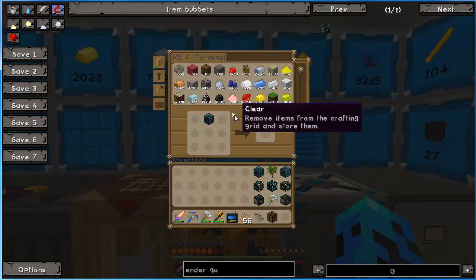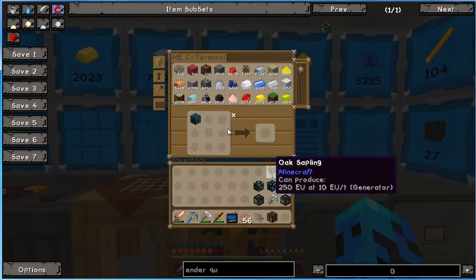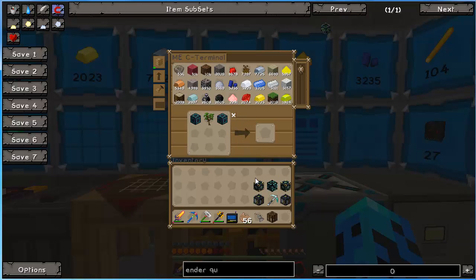Final Intercore. So let's get this thing made. It's not a cheap recipe at all. Fair amount of diamonds and ender pearls go into it. Okay, ender quarry. Cool deal. So the next thing,